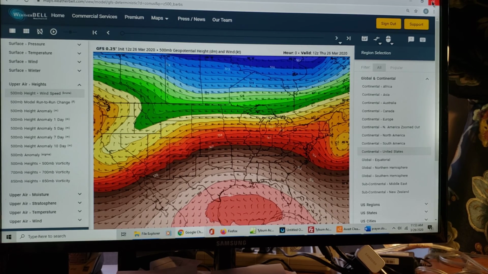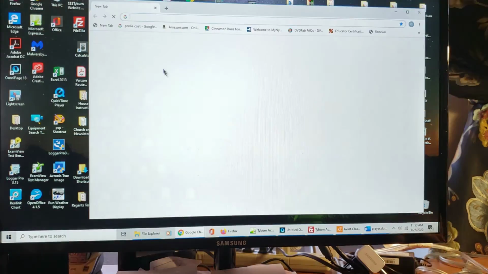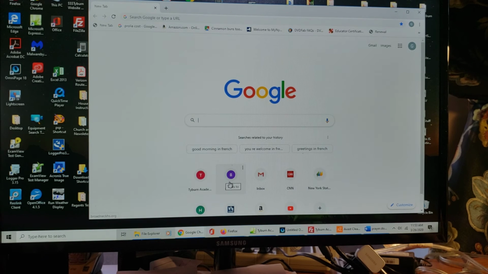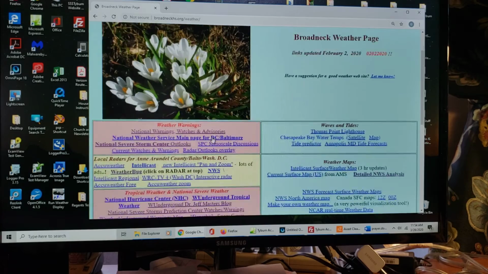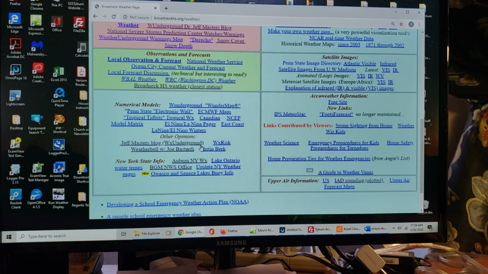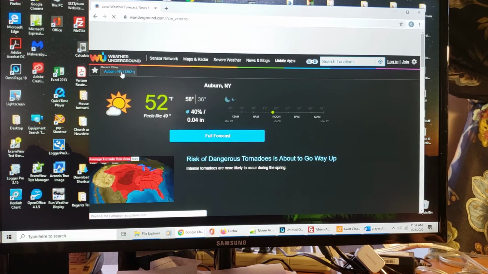So get out of this now. I go to Weather Underground, and I have a weather station in my backyard here. I'm only about a quarter mile from Auburn Academy, so it serves as a good reference point for that. Let's link to the weather site and come down here to my little section. A lot of this is based upon Maryland because I used it in my classes at the high school in Maryland, but a lot of this is national stuff. But we have a little thing here called New York State Info, Auburn weather, and I have to come up here to choose our station, Auburn, New York.